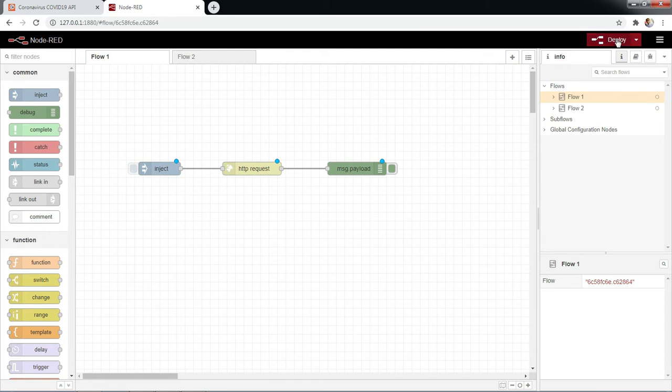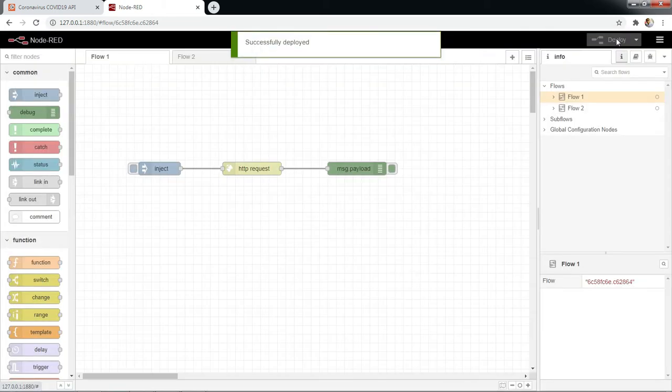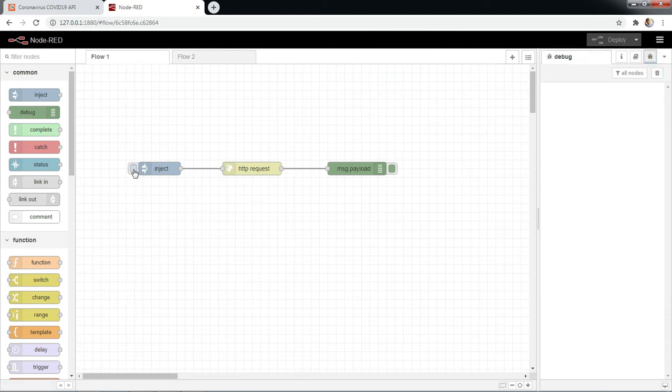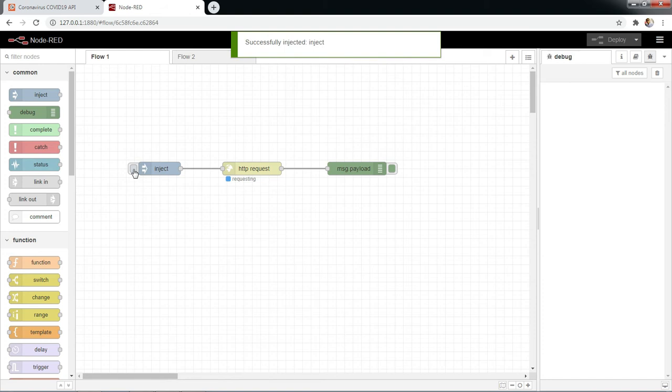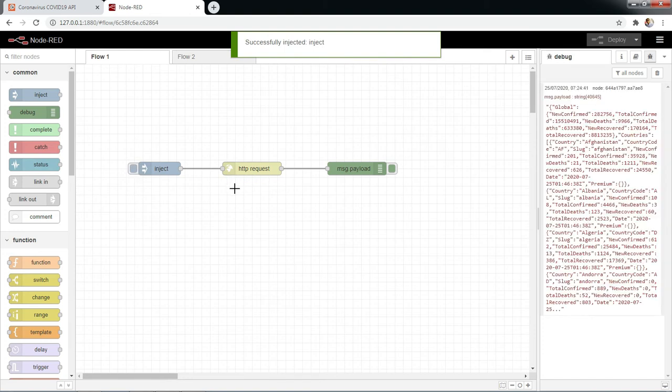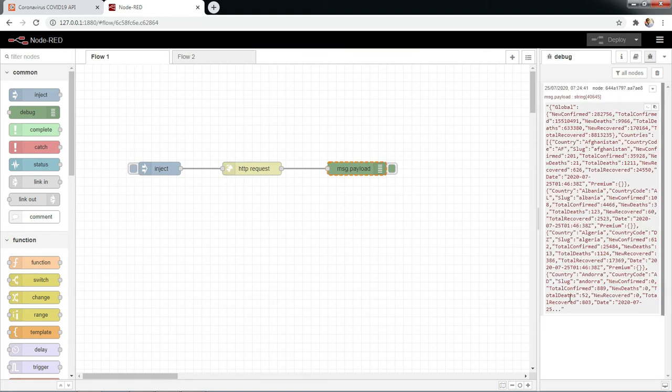Now we will deploy this and we will check for the data. Let's inject this. It is requesting. You can see here we are getting the data here.